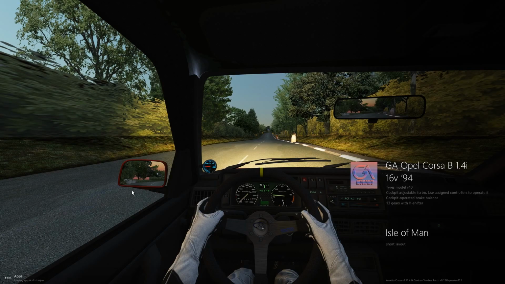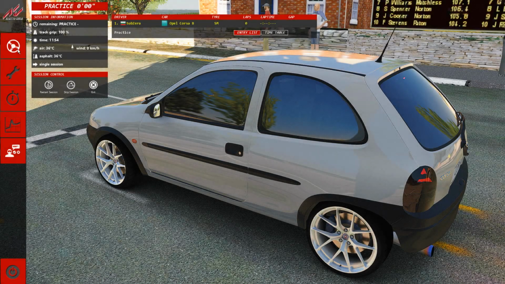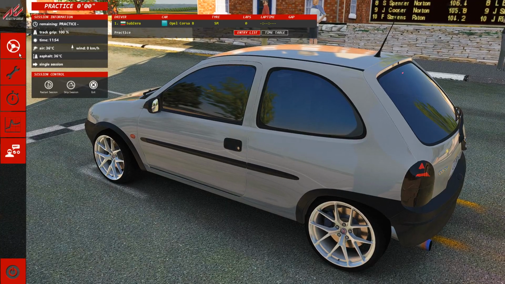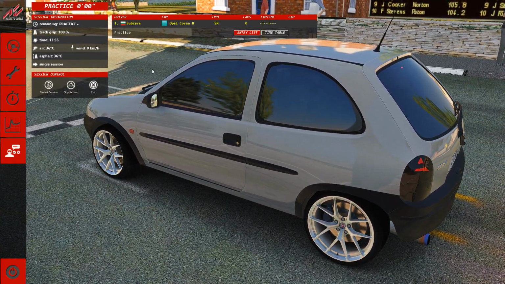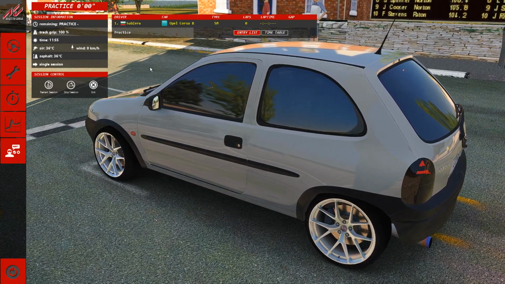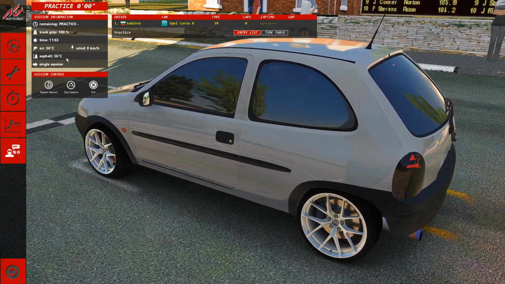You can still, if the car is encrypted and you cannot open it in the custom showroom, or if you have trouble seeing the objects, because on some encrypted cars the model is encrypted and will be one blue crystal and you can't see anything. So the second way to check